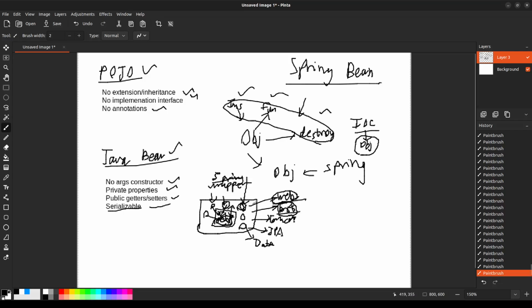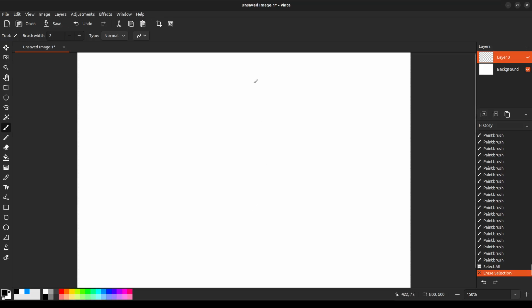Okay, I have another example. This is just the way I understand it. I'm not 100% sure about it. The way I see it is, let's say you have a startup company, and you have a developer named John, and you create an application.